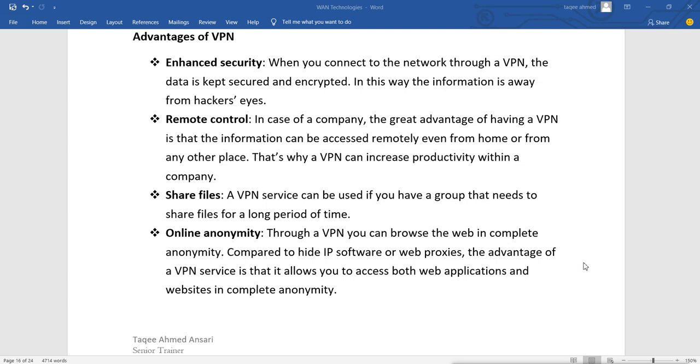The advantage of a VPN service is that it allows you to access both web applications and websites in complete anonymity. Anonymity means it uses encryption technologies and tunneling technology, so that the destination machine doesn't know who is accessing it, because the data is completely encrypted.